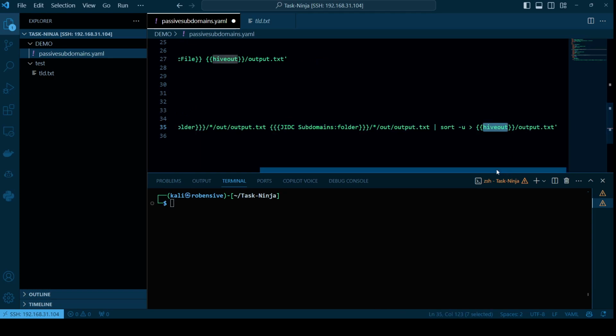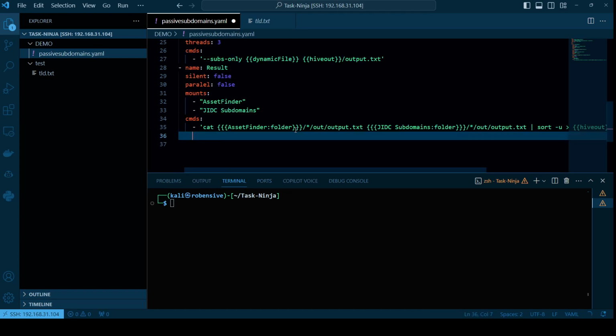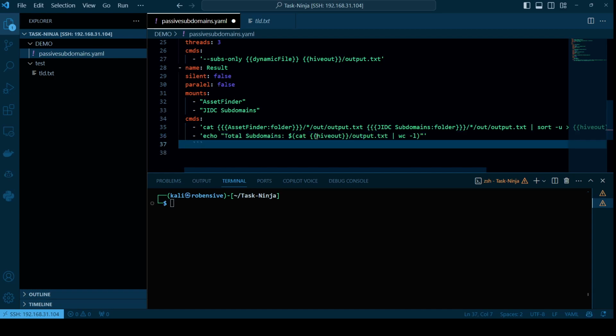Sort unique and save the output into the output hive out, that will be the output for the current task. And then, to check the number of lines, let me write echo total subdomains. Now we don't want to go with this; you can just try something like cat particular file, wc -l, total subdomains, like this. If you want to specify where this particular file is located, you can type something like echo result, save